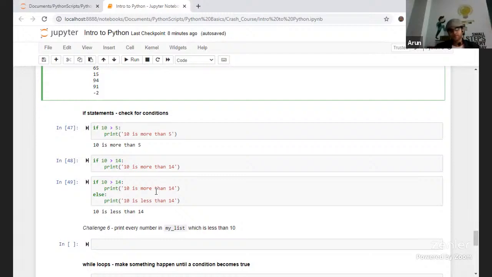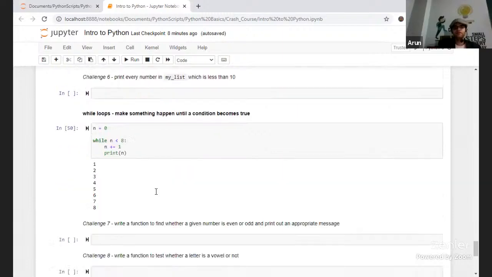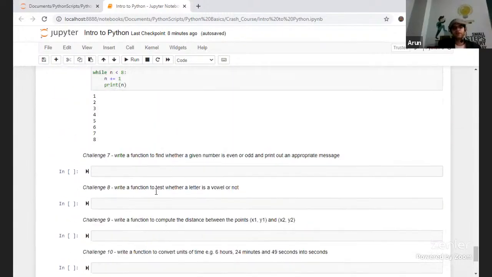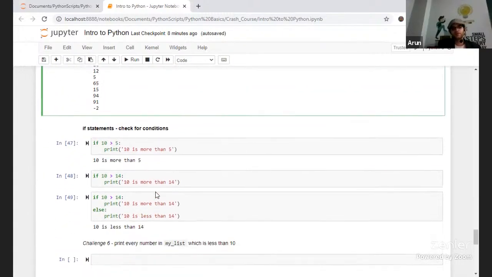Now, similarly, we can create a lot of exercises. But I will not have that much time, so what I'll do is share these exercises for you to learn. Whoever wants them, please put it in the comment box. I'll check and forward them to you. So this is about the introduction to Python.